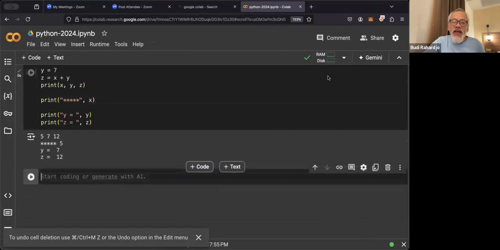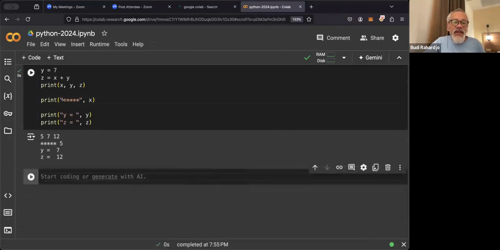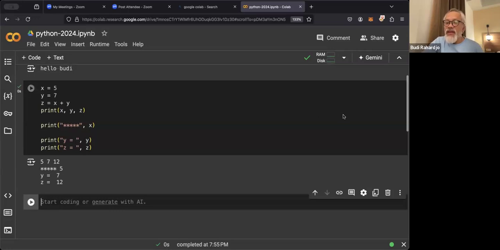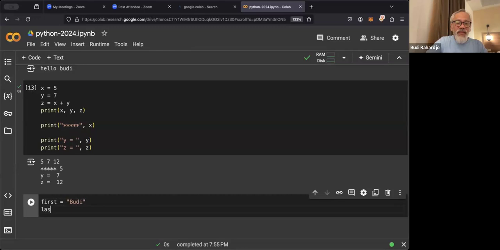I want code. Before, X and Y were numbers, right? But now I want to create a different one. I can call it first equal Budi, and then last equal Raharjo.